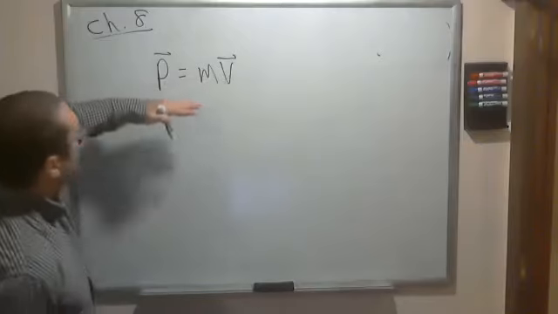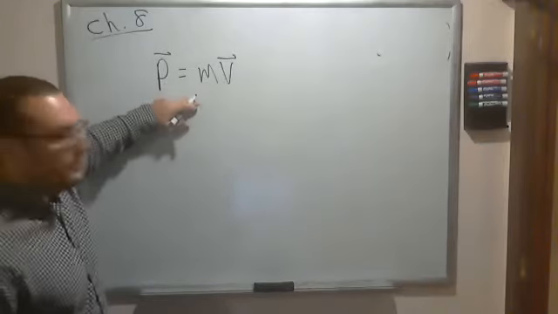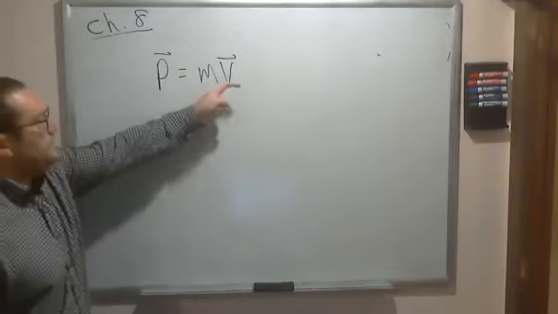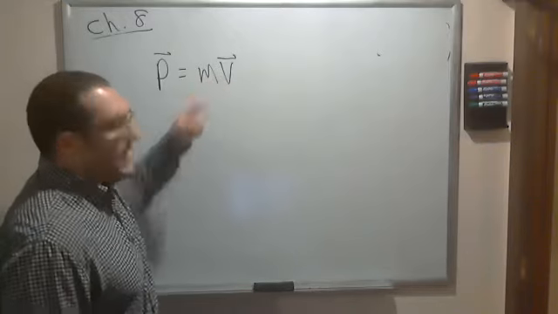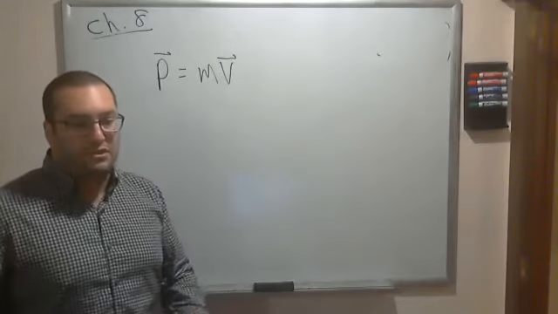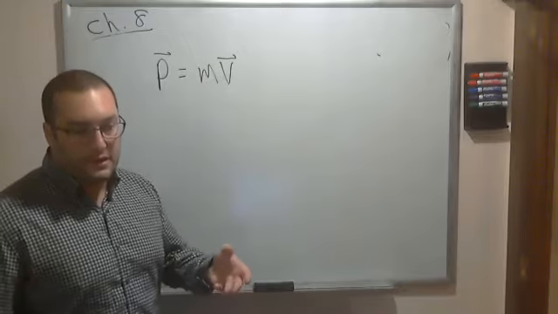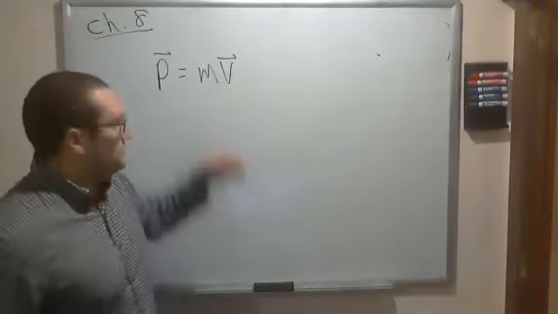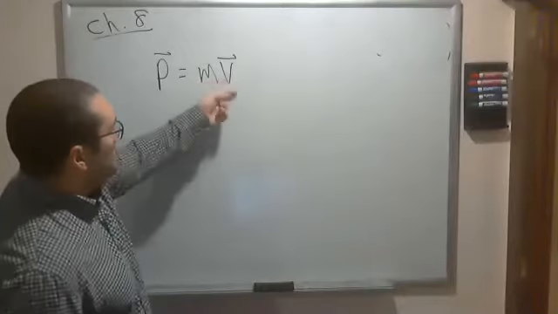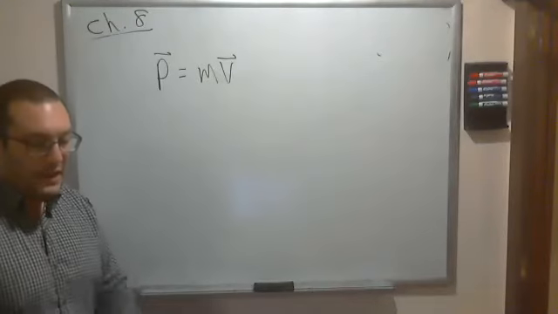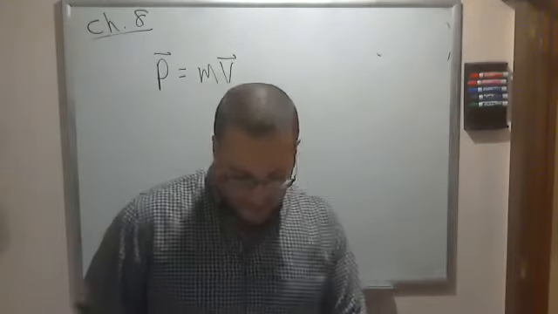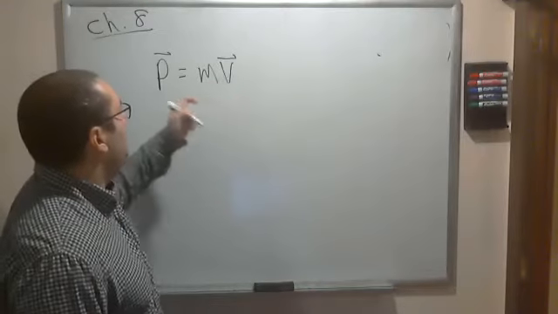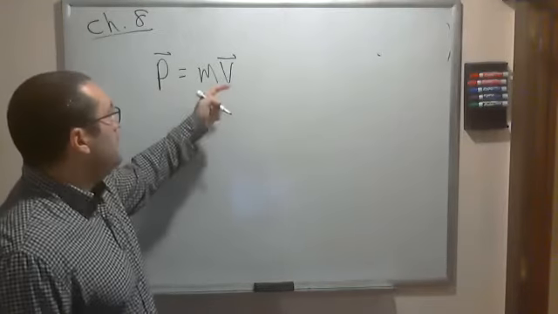Okay, so the momentum is almost how much inertia something has, right? Because it's the velocity times the mass, right? It's describing how much stuff is moving at a certain velocity, right? It's not just the velocity, it's how much stuff is moving at that velocity, right? And it makes more sense when we relate momentum to